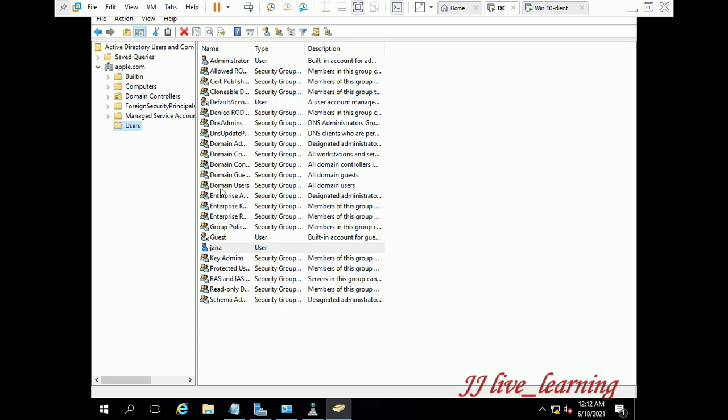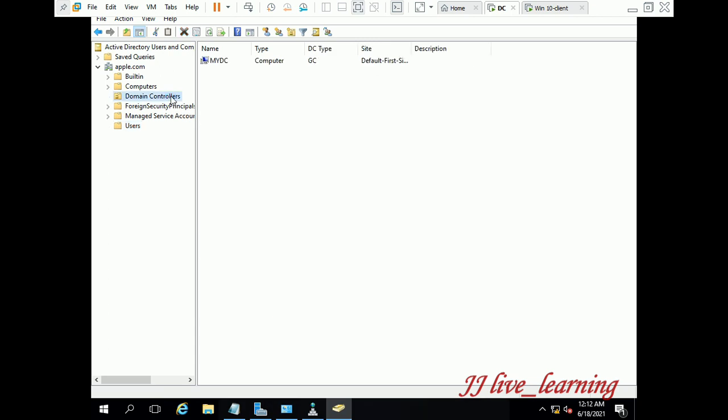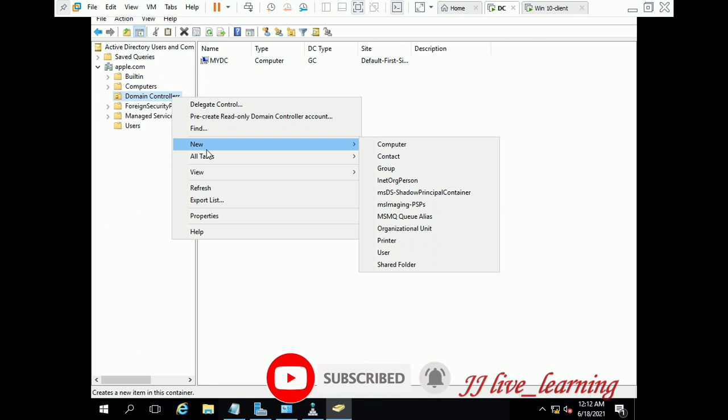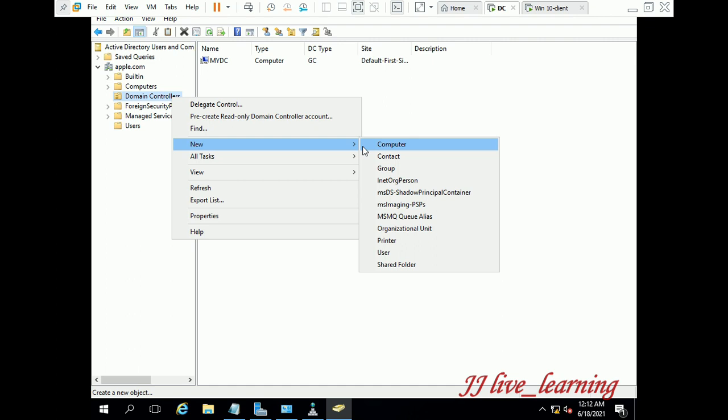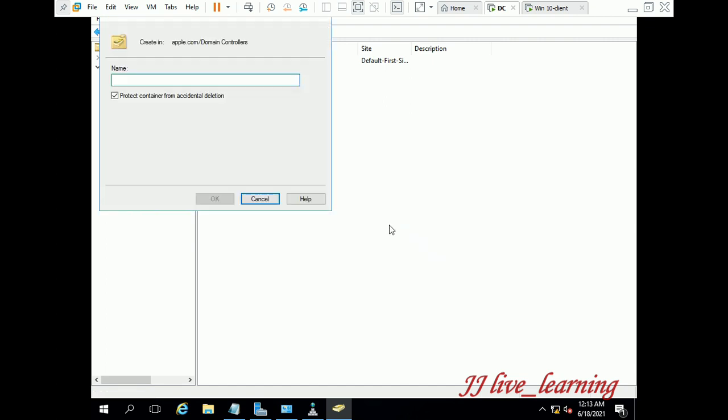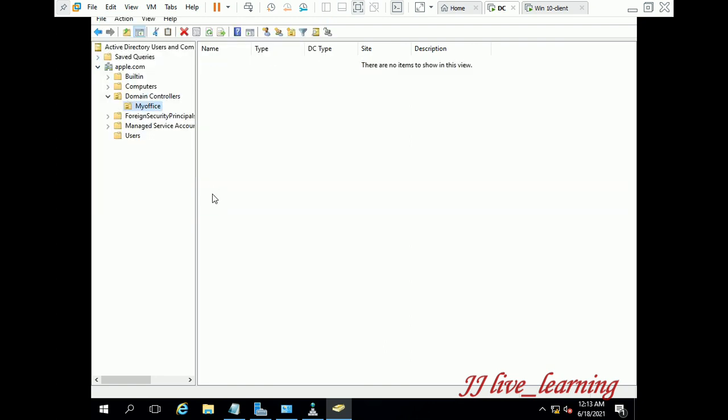Like that you can create a user account. Another method is that you can create an OU. OU is nothing but organizational unit. We can create departments. For the departments you can create a user or you can move a user to the specific department. This OU will be used for creating group policies. If you want to set your policies for an individual user, it is not possible. You can set your policy only for the OU. That policy will be applicable to the end users. So in real time, all the users will be created in the OU only.